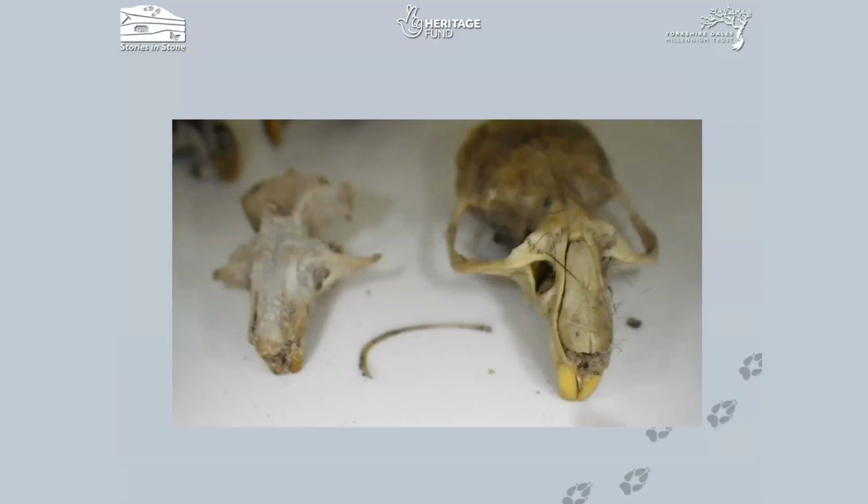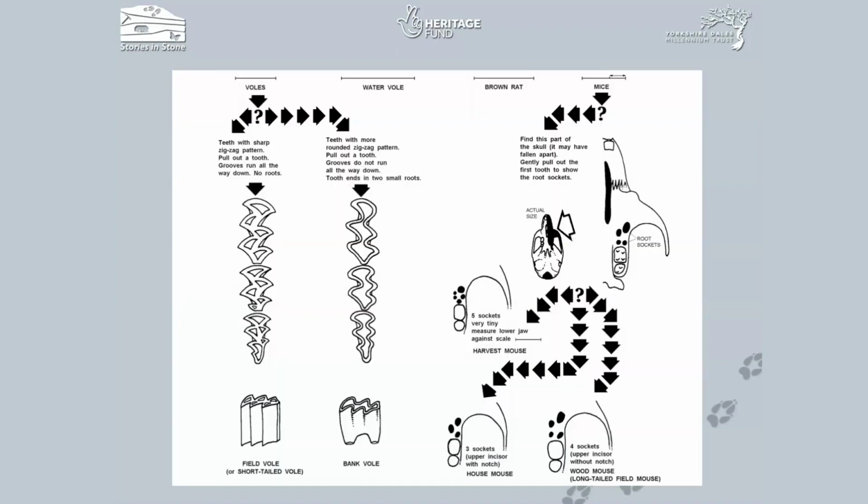If we move on to the rodents, as you can see, we've got quite a robust shaped skull, and those incisors, very yellow colour on the skull on the right hand side there. Using the key again, what we're looking at is the teeth, but this time we're looking at the teeth on the upper jaw. So we're looking at the main skull section, that's the main bit that's going to give us an idea to